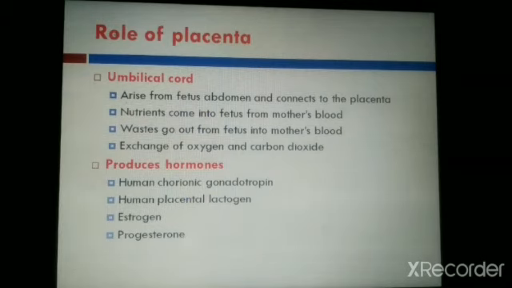And student, in the later phase of pregnancy, a hormone which we call relaxin is also secreted by the ovary. And HCG